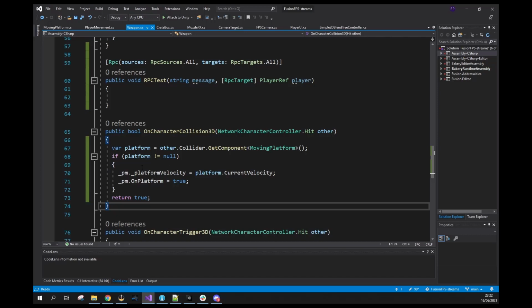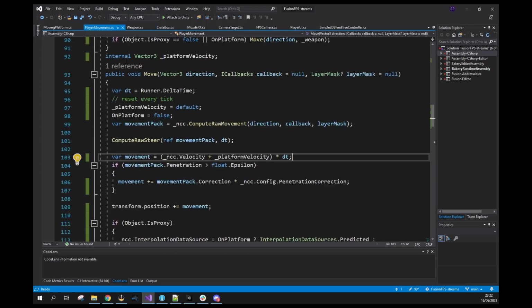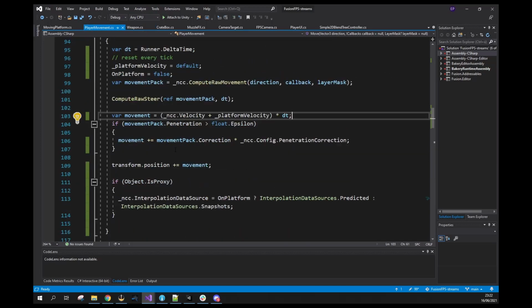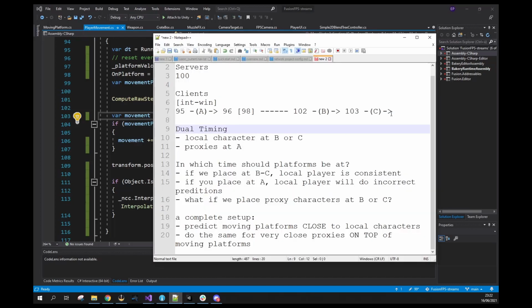So, yeah, you guys see it's actually quite simple to make a super smooth moving platform for a local single player kind of game. And it's not that much more difficult to make it work for an online game. The problem lies somewhere else. The problem lies in the timing. And then it becomes your decision. What I showed here was